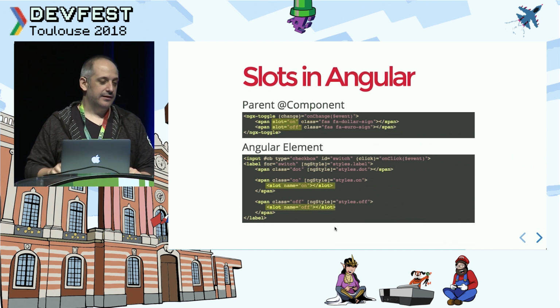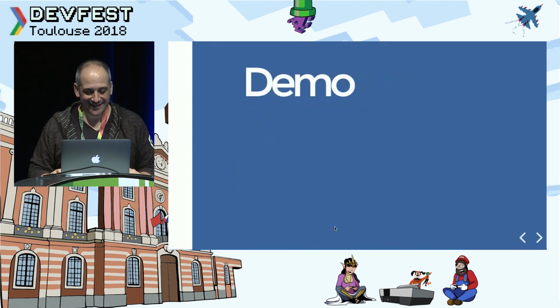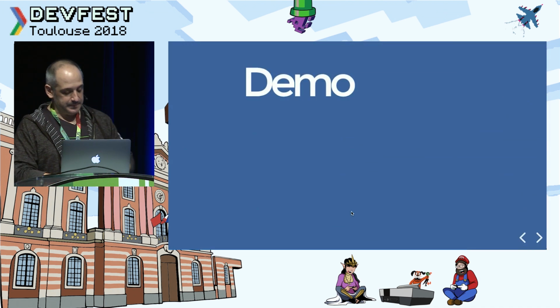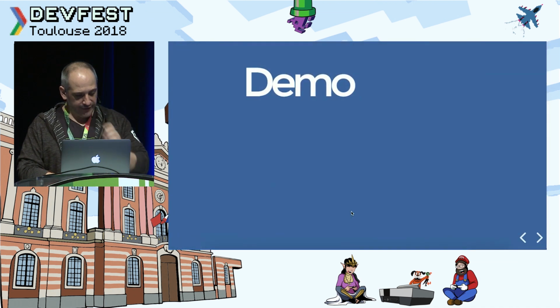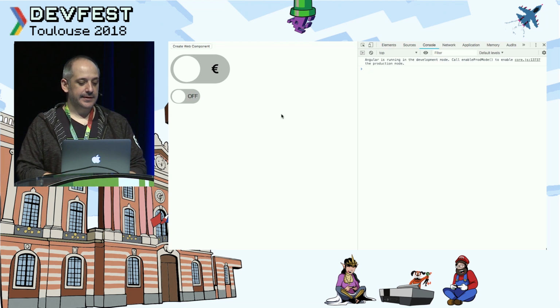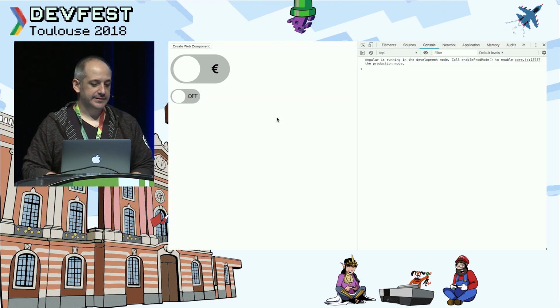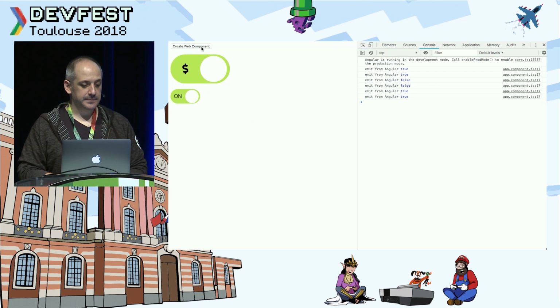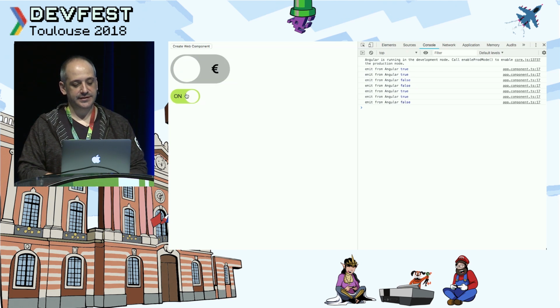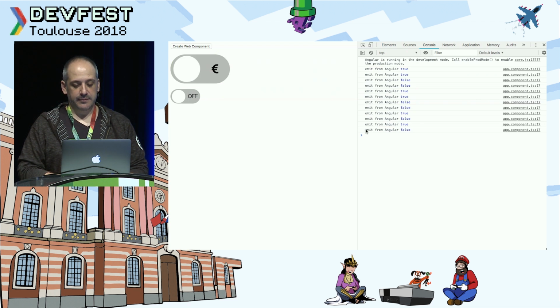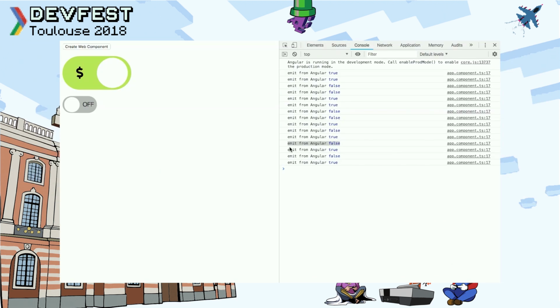So let's see the demo. The demo is these two checkboxes, okay? And we can create this web component. As you can see, when I click, a console log is emitted, telling me the value of the toggle. And if I create a web component,